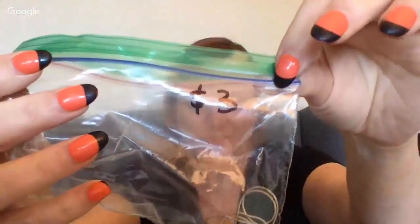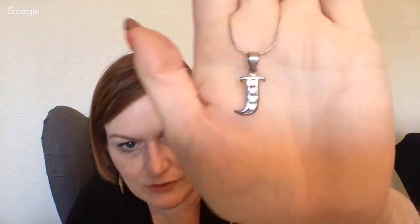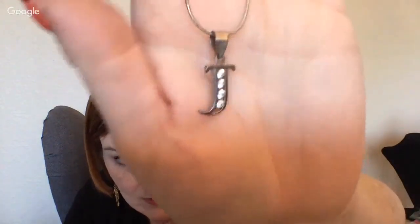All right, so this was $3. And here we go. It is a sterling silver chain with a silver J, and then it's got these little kind of crystals in it, like so. And then this, pardon me,